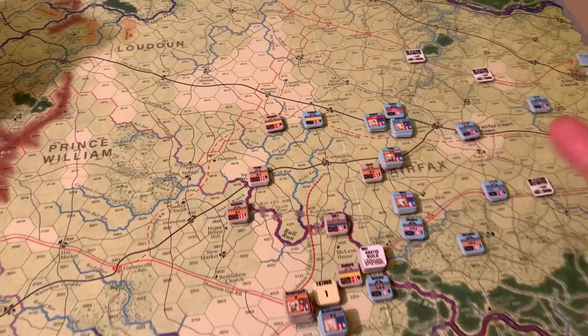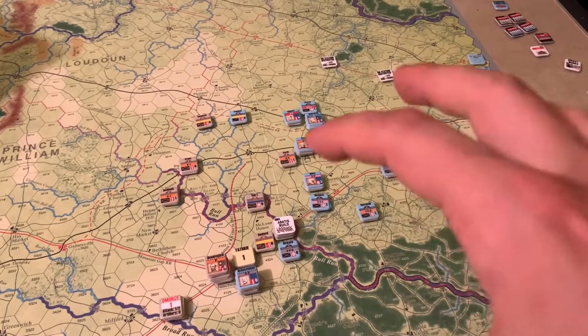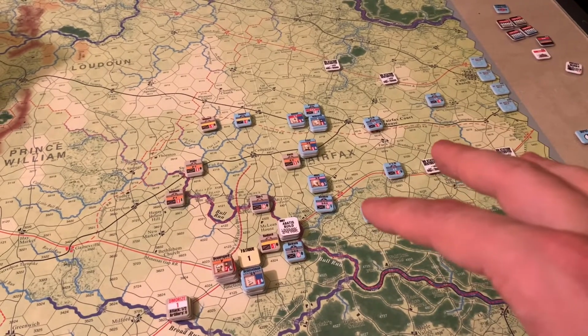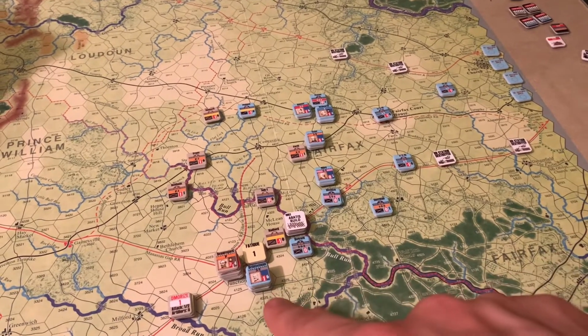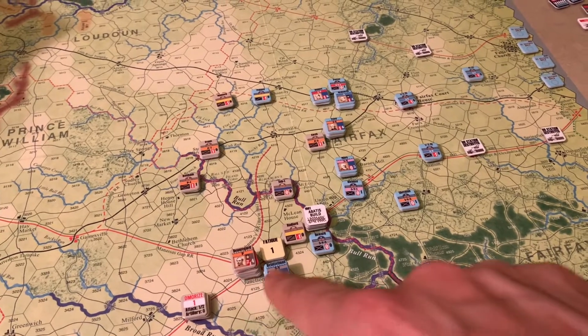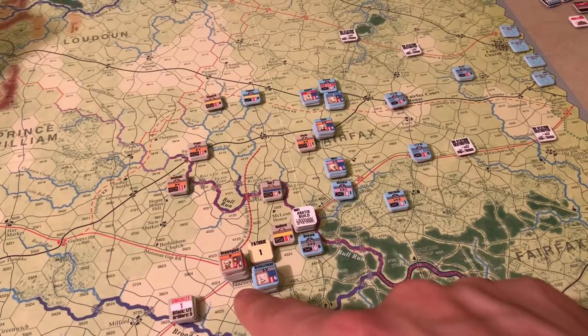Union, for their part, have nothing in front of them, really. They're going to be able to make some great progress depending on how their movement goes. And not to curse them or anything, but the worst thing that could happen right now would be rain. If we get rainy weather, then that's going to slow everything down for the Union, and actually Heintzelman will be in quite a vulnerable position at that point, because the Confederates here, there is perhaps a counterattack danger here if